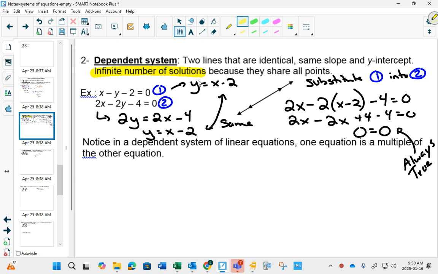So if you were doing your substitution method and you got 0 equals 0, it's always true, and you could say, therefore, infinite solutions. I'm going to put a star beside this. The substitution method only works if you solve for y, and whatever you get, you have to substitute that into the other equation. Sometimes students make the mistake. They do substitution, they get y by itself,